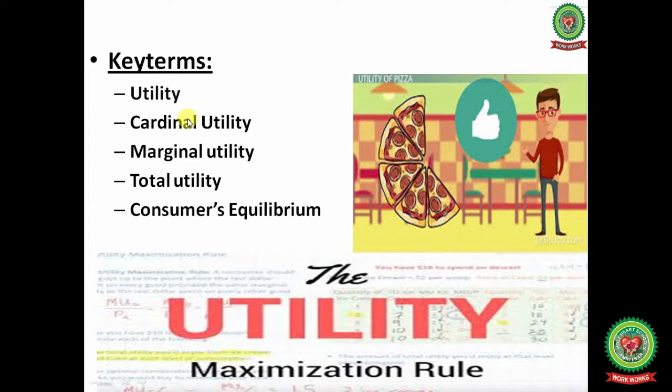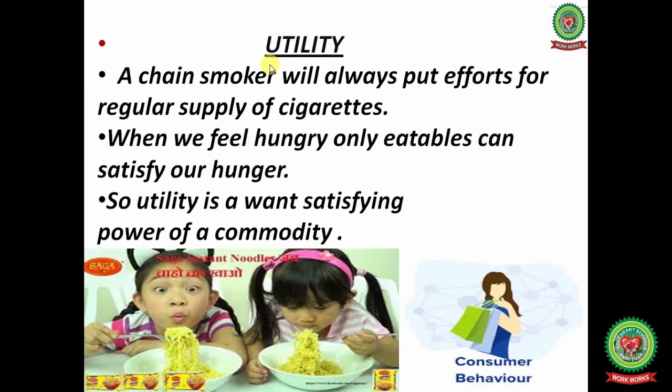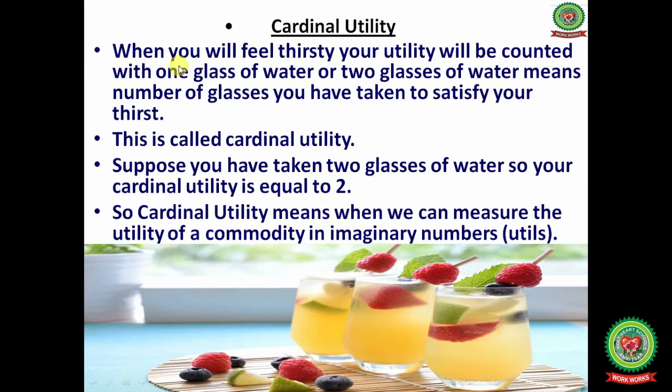The numbers from 1 to 3 and so on are the cardinal numbers, means the things that we can measure in numbers. The numbers like first, second, third and so on are the ordinal numbers. Such numbers are ranked, like the things that we can't measure, like satisfaction, it is not measurable, so we can rank it. Now next one is, let us discuss some important key terms related to this topic.